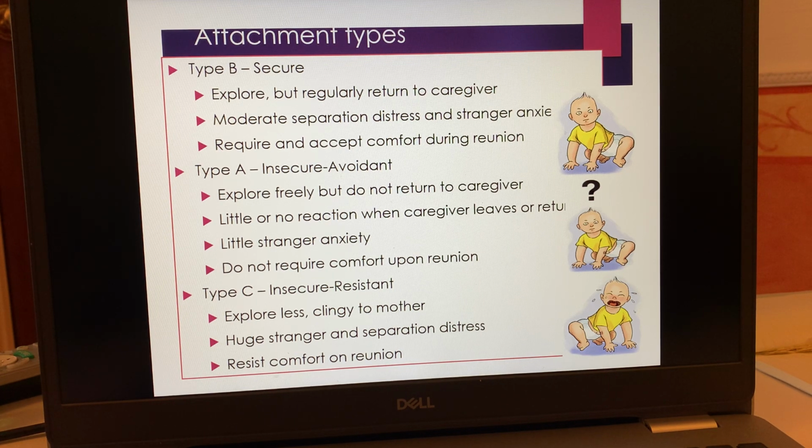Massive distress when they're left on their own or when strangers try to engage. And when they're trying to be comforted, they resist it. They're really like, well, what's a better way of putting it that isn't swearing? They're quite annoyed, to be fair. They're like, oh God, how dare you leave me and then try and give me comfort. So they're quite peed off, basically. So that's our three that she depicted from her strange situation studies.